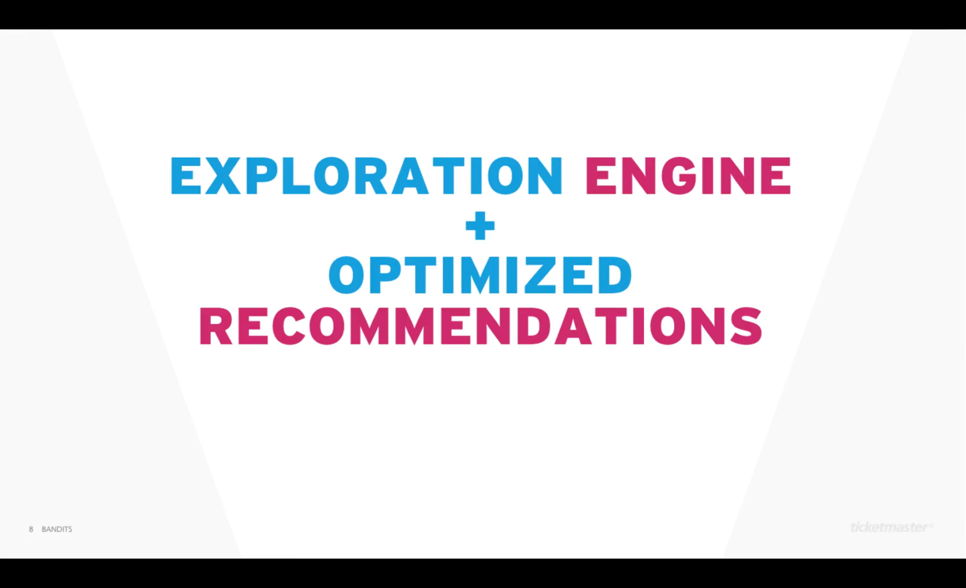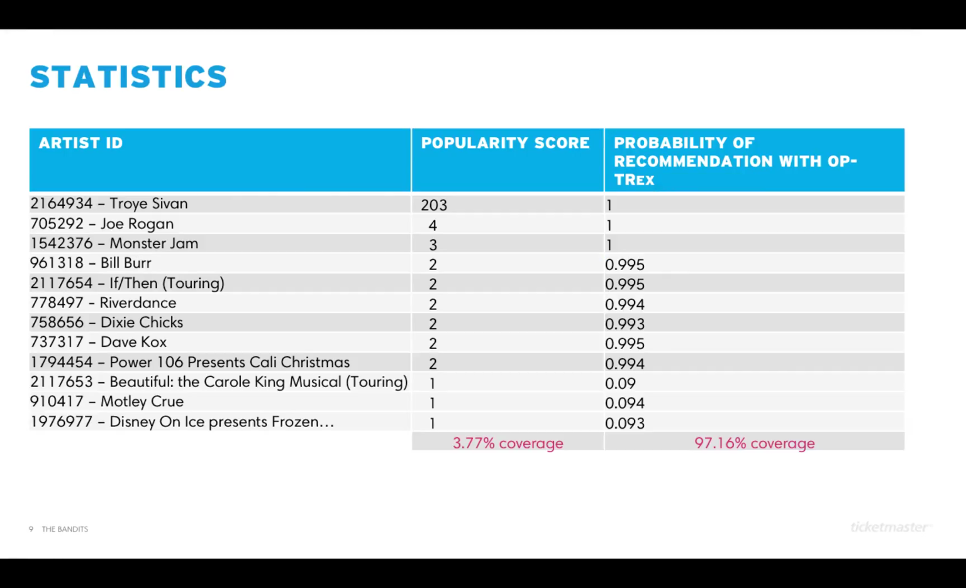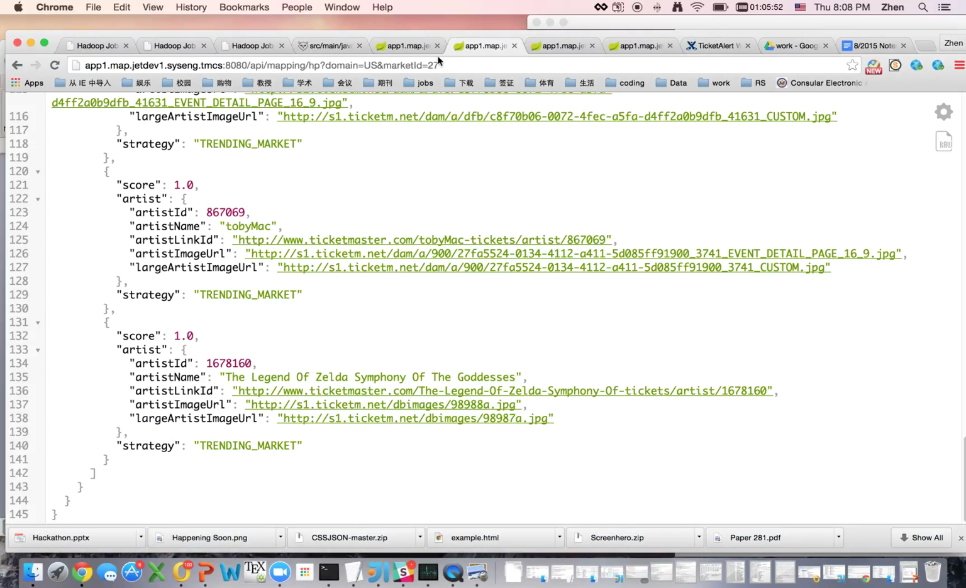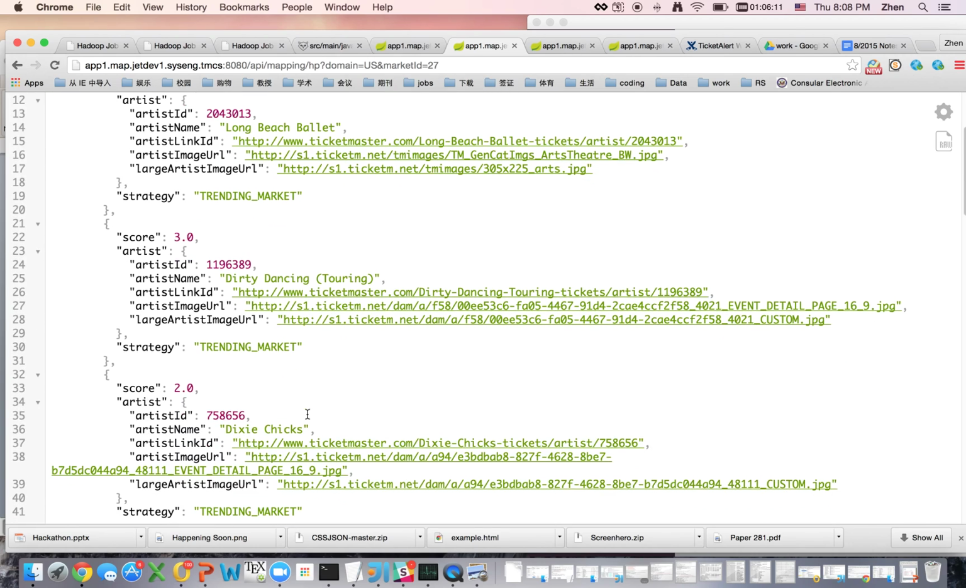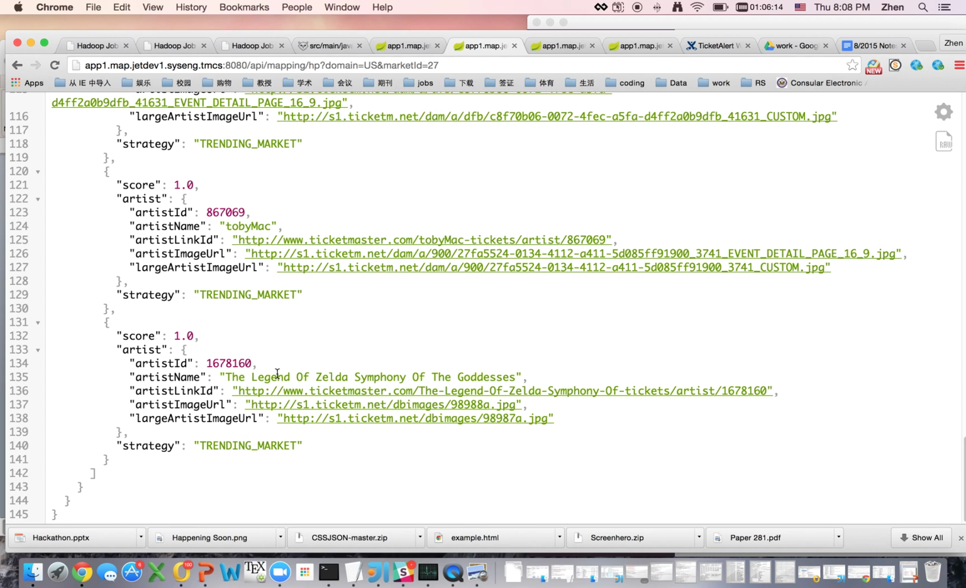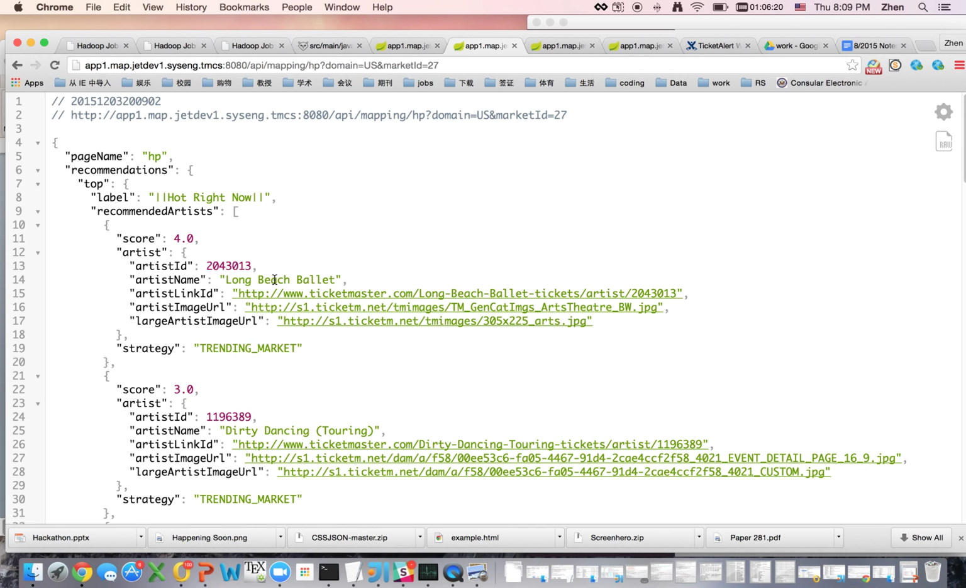So what we built during the hackathon, and what we are continuously building, is this exploration engine, which has been applied to our existing recommendation system. Here's an example. This is the endpoint of the old recommendation system, which recommends artists in the Los Angeles market. We can see that we first recommend Long Beach Ballet, which has a high score. The second one is Dirty Dancing. The last one is Legend of Zelda. If we refresh, the first ones stay the same